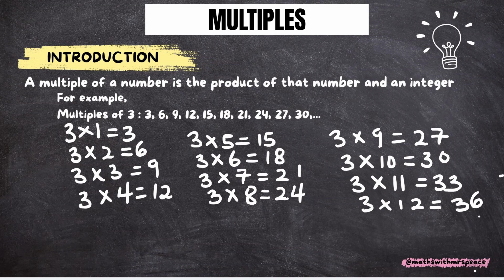And there you have it. We have the first 12 multiples of 3, which you can get by multiplying 3 by numbers from 1 to 12. And I always encourage my students, whenever they're asked to list multiples of numbers, to list at least the first 10 multiples of any given number. So I always like to conclude by saying, so therefore,